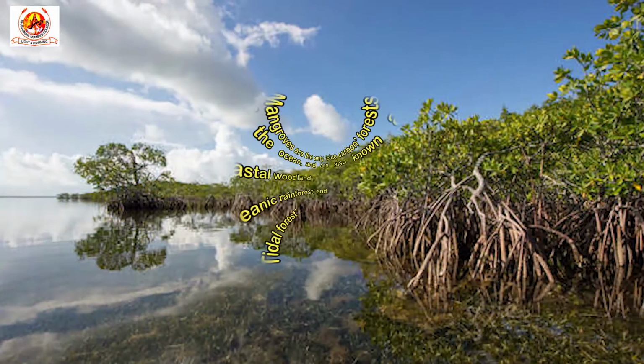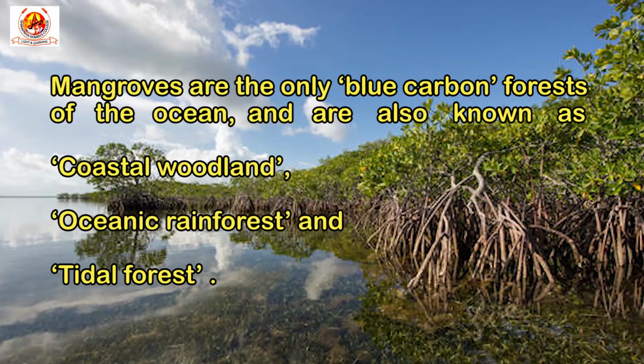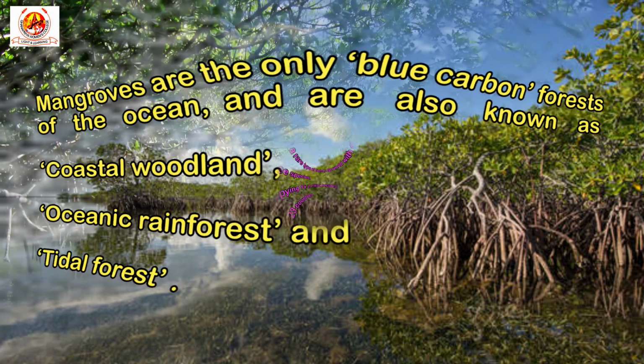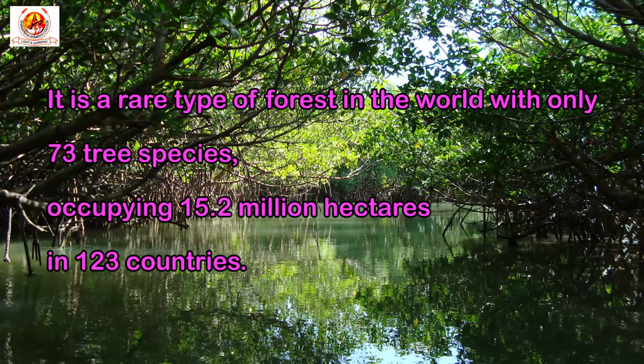It is structurally and functionally unique, with well-developed aerial roots, viviparous germination, salt regulation systems, etc. Mangroves are the only blue carbon forests in the ocean and are also known as coastal woodland, oceanic rainforests, and tidal forests. It is a rare type of forest in the world with only 73 tree species occupying 15.2 million hectares in